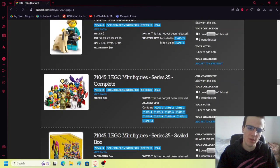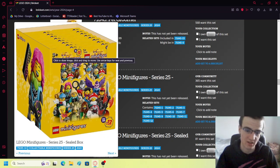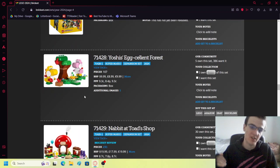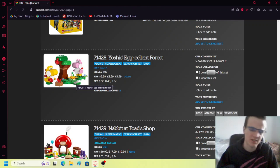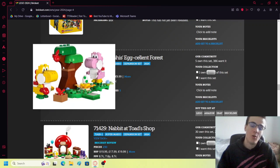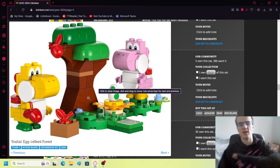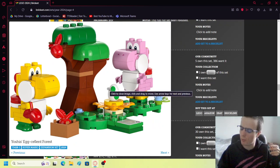And these do come again in boxes, and this is how they're gonna come for probably the next 3 years. So get used to it. Mario is definitely winding down, because they only introduced I think 2 or 3 new characters in this entire wave. Also, these come with paper instructions. So this set, someone who didn't buy any Lego Mario after January 2021,